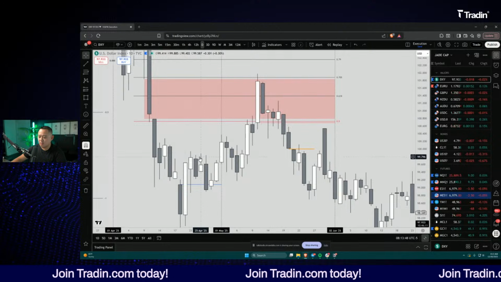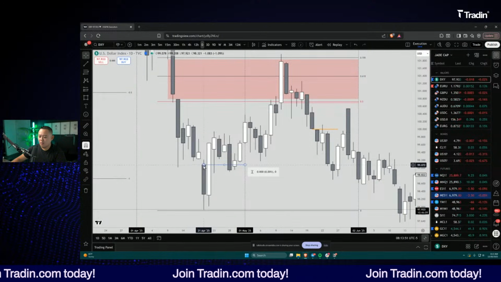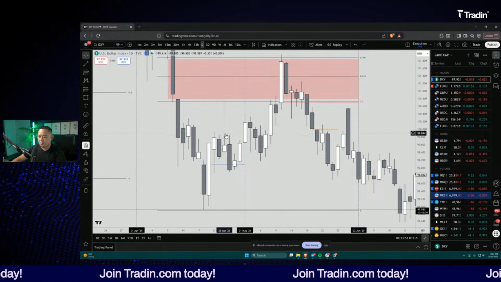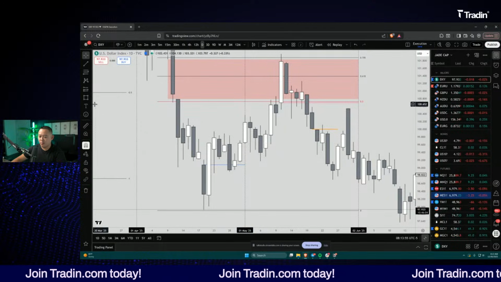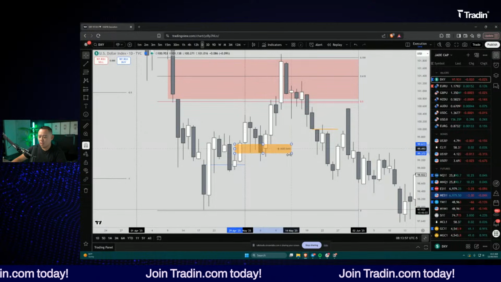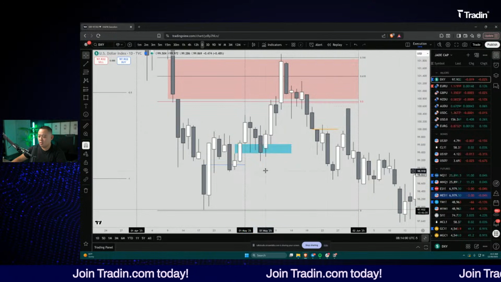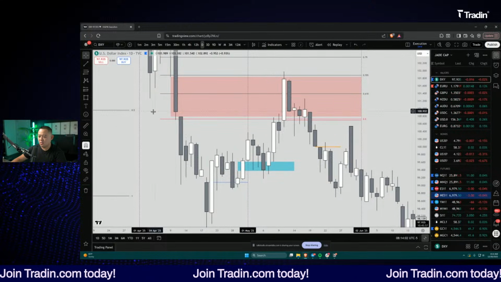And let's talk about this rally first. So we have a closure above this down close candle. And then going into the next month, we have a bullish fair value gap that appears heading into the next month. This is a short-term long just to fill in some of this.